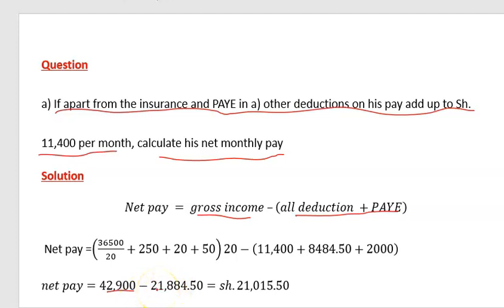Then we subtract the deductions. Remember, the deductions are the total deductions that you are told are 11,400 plus the payee plus the insurance, which totals to 21,884 and 50 cents. Now, if you take the gross pay minus the total deductions, then you are getting 21,015 and 50 cents. That is 21,015 shillings and 50 cents as the net pay that this person will take home at the end of